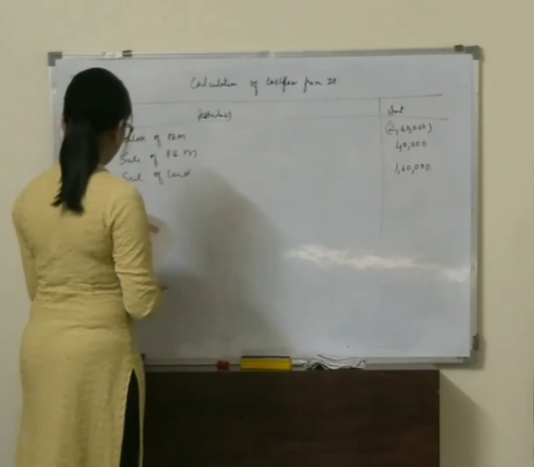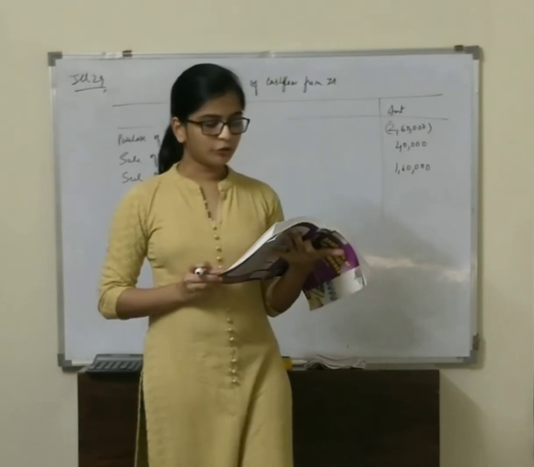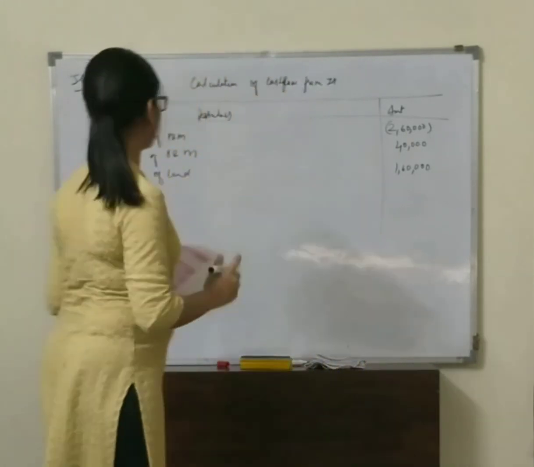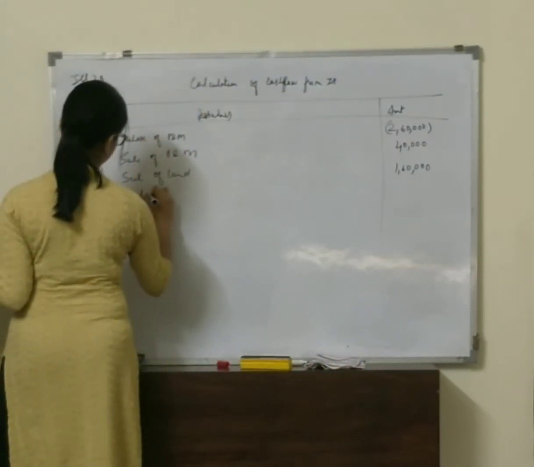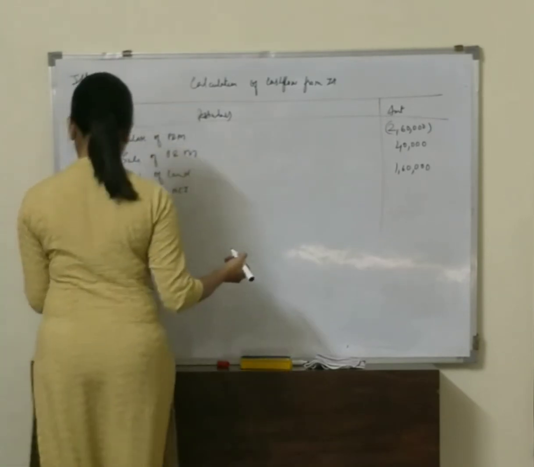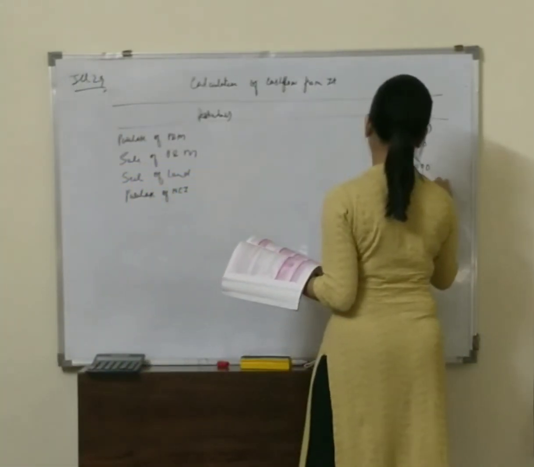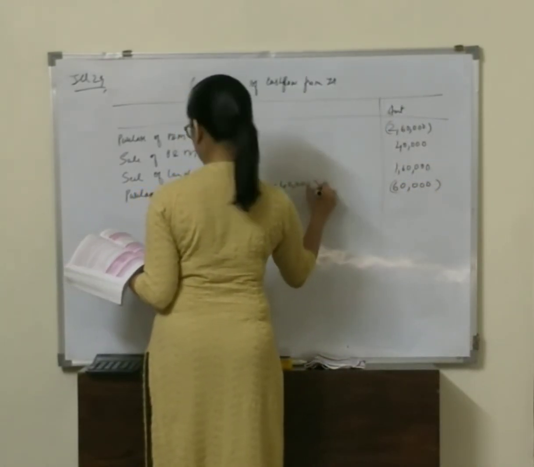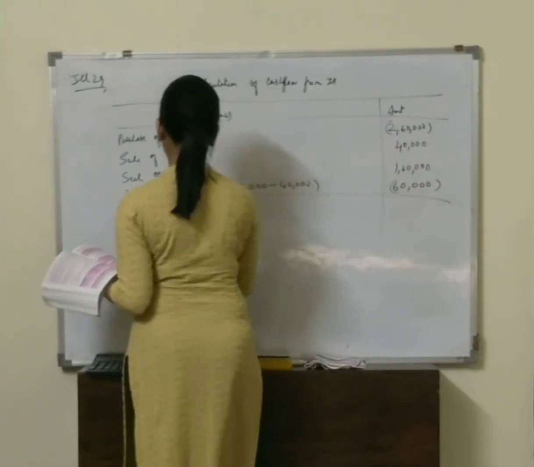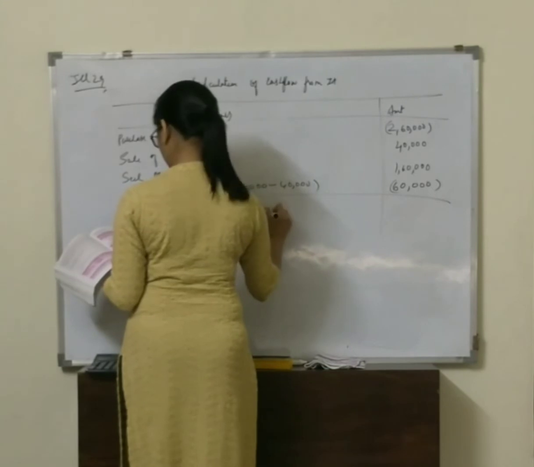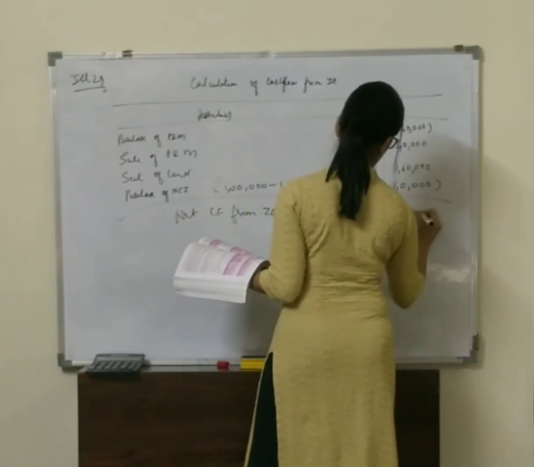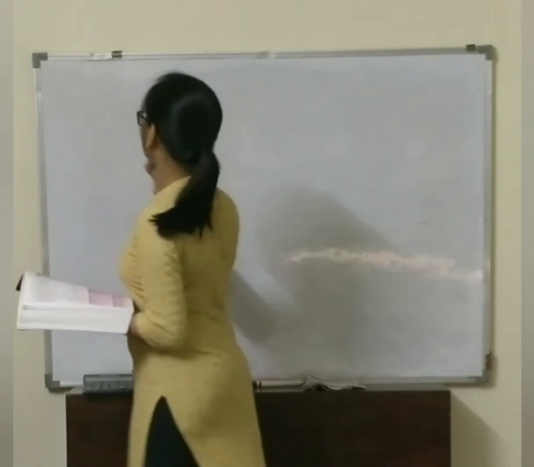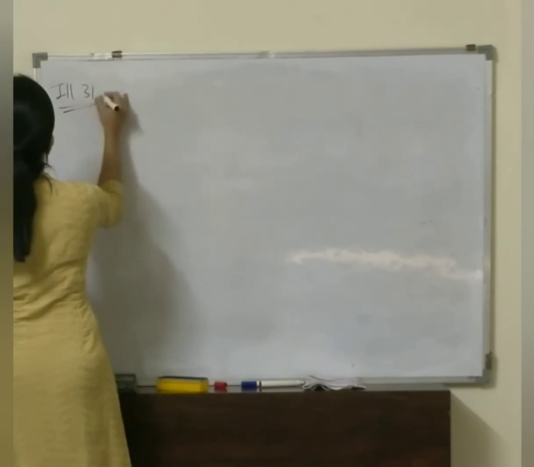And then in the balance sheet they have also given us non-current investment. So in 2011 our non-current investment was 40,000 and in 2012 it is 1 lakh, which means there is again purchase of non-current investment, that is 60,000. It will be a negative figure, 1 lakh minus 40,000. The answer we get is a net cash flow from investing activities, 1,20,000. Clear?